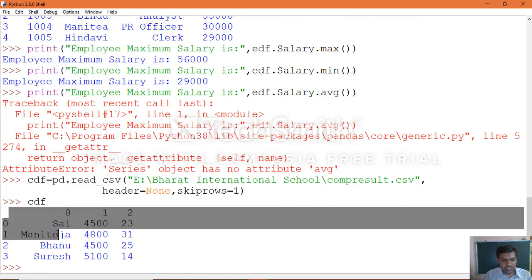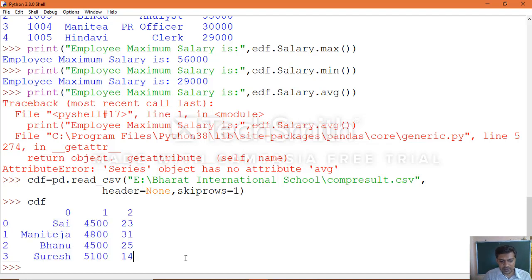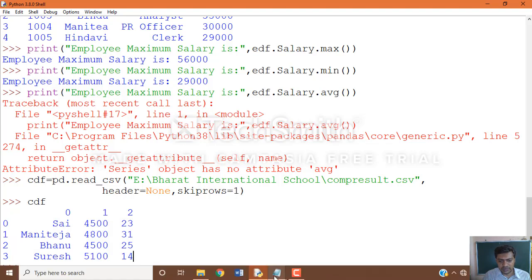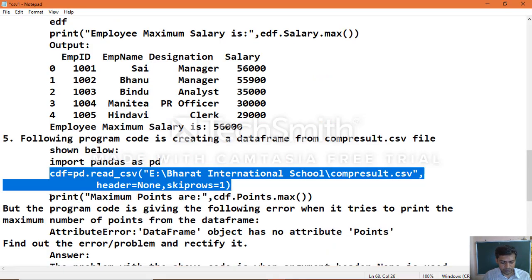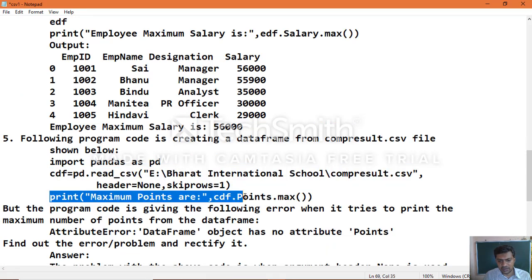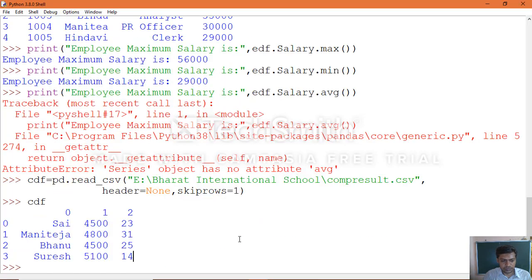Now according to the question, you want to get back the maximum points. So how can you get this? This is the statement which was written, but they said that it will give you an error. Yes, it will give you the error when you execute, because here header equal to none was specified.